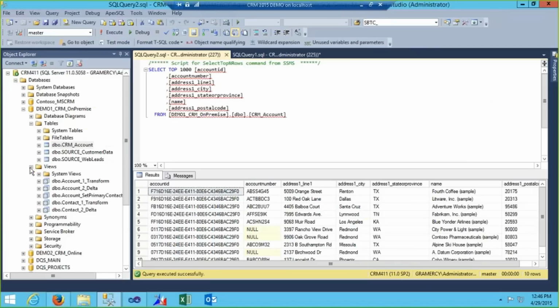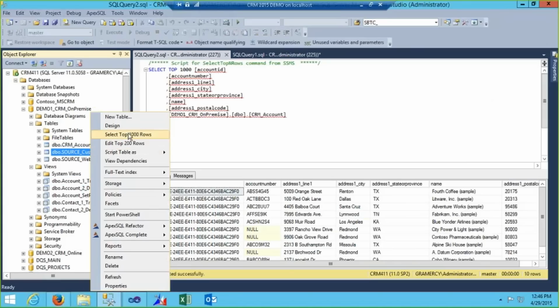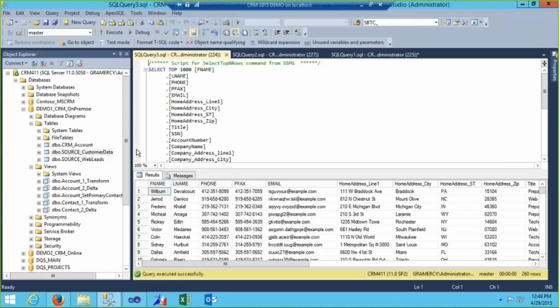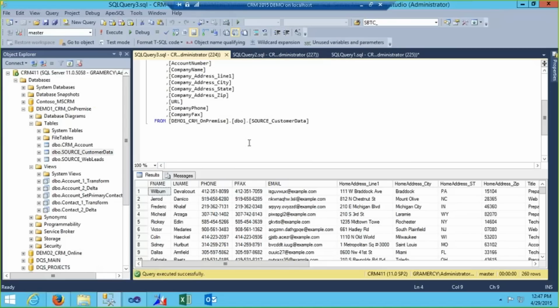So in this case, I've got some account data, here's my source data for my accounts. Pull this up and pull it out. If you'll notice, this data sort of looks like CRM, but instead of things like last name, it's called LName. Instead of telephone1, it's called phone. Instead of address1_line1, it's home_address_line1. Very similar, but not quite that. Account number, company name. A lot of data that's very similar to what's in CRM, but it doesn't exactly match